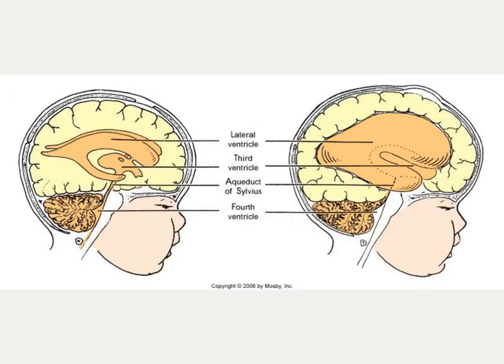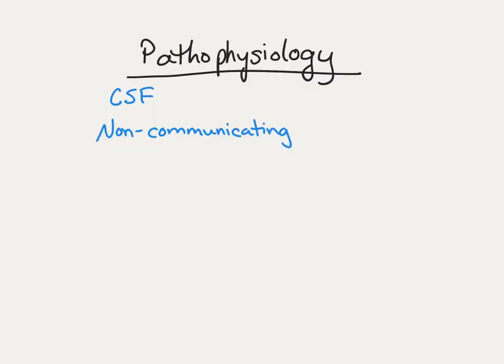So here's a picture of non-communicating hydrocephalus. In a normal brain, the CSF is formed in the ventricles, comes out through the bottom, and circulates over the surface of the brain. In someone with non-communicating hydrocephalus, something is blocking the base of the ventricles here, and the ventricles just continue to expand and expand, ultimately pushing the cerebrum up against the inside of the skull, causing an increased intracranial pressure. That blockage of CSF could be caused by an inborn structural defect,